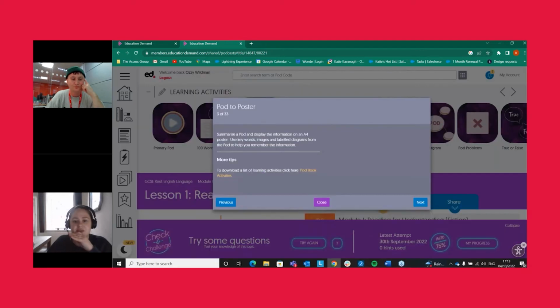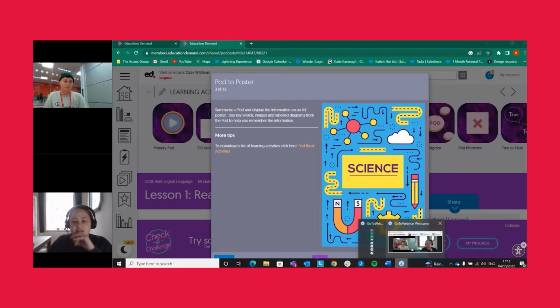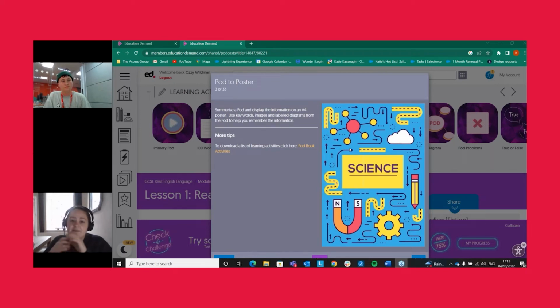So I'm just going to pop into pod to poster. So you've got summarize a pod and display the information on an A4 poster, use keywords, images, label diagrams from the pod to help you remember the information. So again, use these alongside the pods. It's a great way to kind of refocus yourself instead of